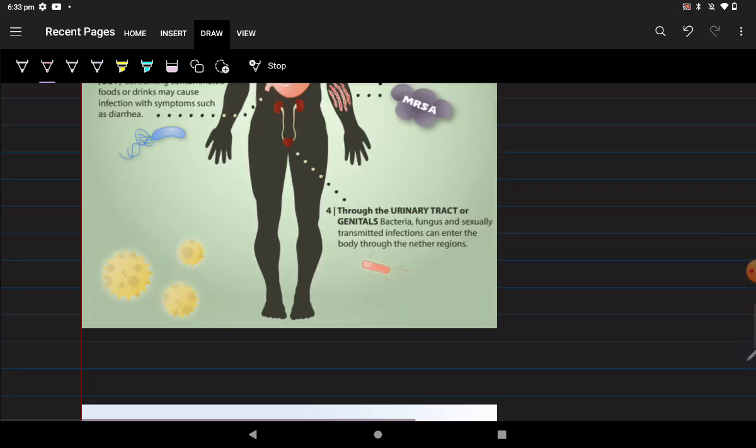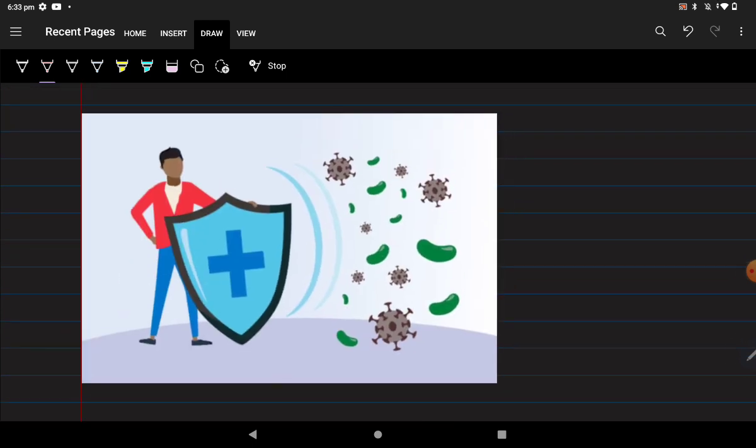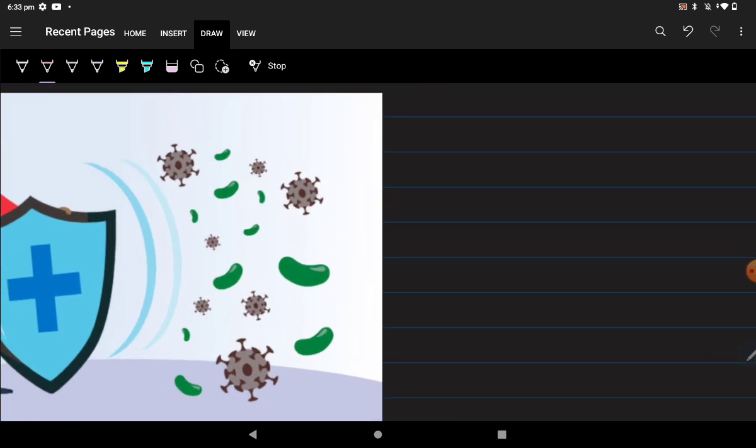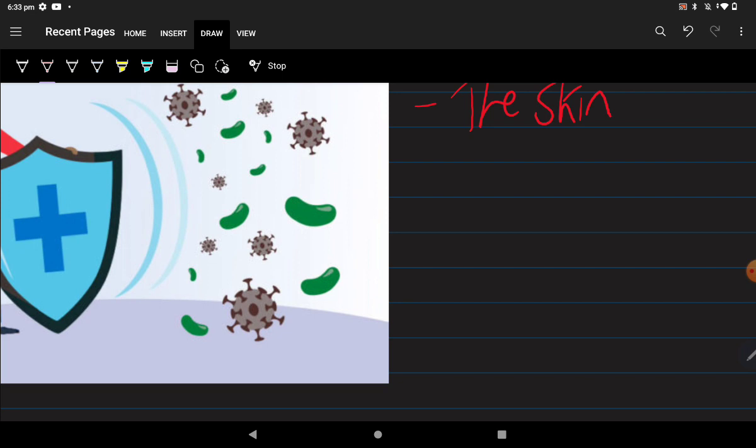Now, thankfully, our bodies have a defense system to protect us from these germs. There are many things that act as barriers, such as the skin. It is a physical barrier and it prevents germs from entering our bodies. It also produces oils and sweat that contain antimicrobial substances to fight off harmful organisms. Additionally,